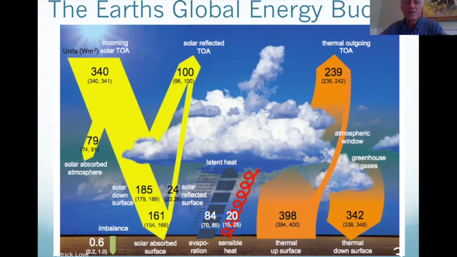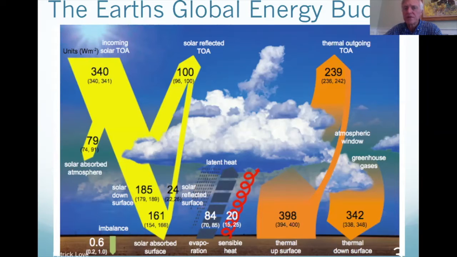You can see that incoming solar at the top of the atmosphere before reflection is about 340 watts per square meter. Again, we're using this unit of watts per square meter, which is actually energy per second per square meter, right? Some people would call that power per square meter, but we'll just stick with energy per second per square meter to keep it simple. So of that 340 watts per square meter that comes in from the sun,